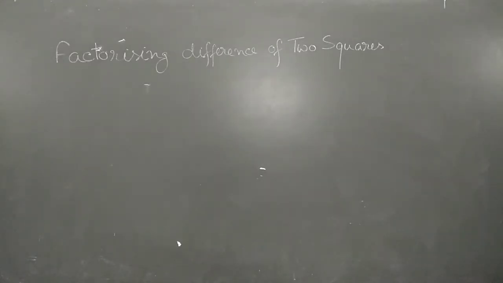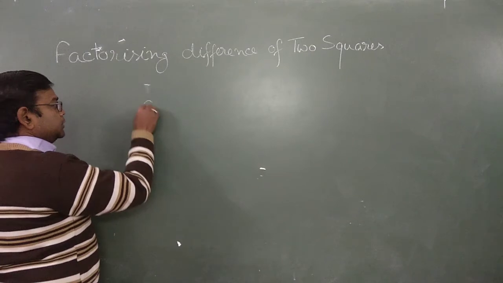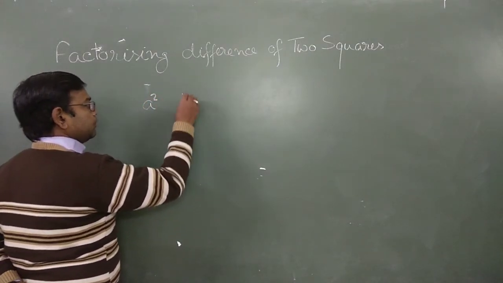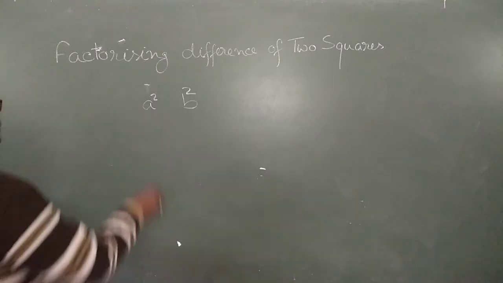Hello students, as you are observing on board, it is written over there: factorizing difference of two squares. Suppose there are two square terms like a square and b square. And the question asked to you is to factorize these two terms, a square and b square, if there is a sign of